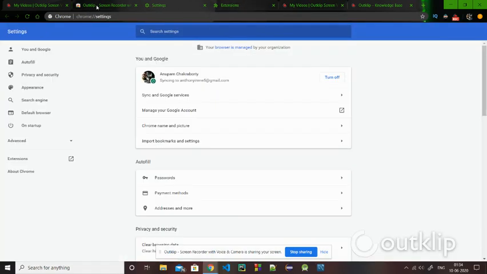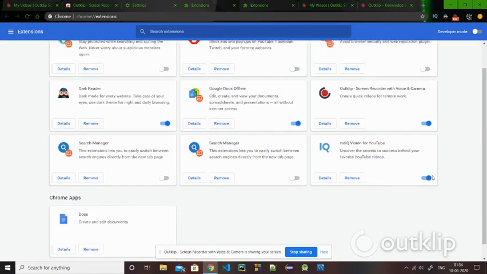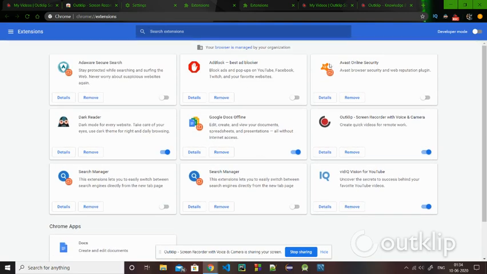Again, if you want to check for the extension, like where it has been, or what are the permissions you have to grant to this particular Outclip extension, you will just go to the settings of the Chrome, and then click on the extensions option, and you will be directed to a page which shows the extensions you already have.